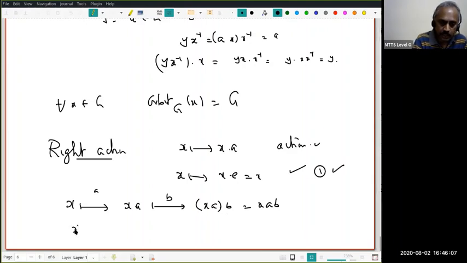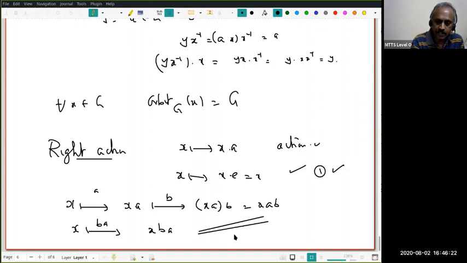But what should I look at? I look at A first, B next. Therefore, it is BA. Under BA, where does it go to? It will go to xBA. Are they equal? I want to know whether xAB equals xBA for any A, B, and x. This may not be true. Therefore, an obvious guess for the right action is not true. You can see that it gives xAB, whereas I get xBA. So in some sense, when it acts AB, I should get the reverse.